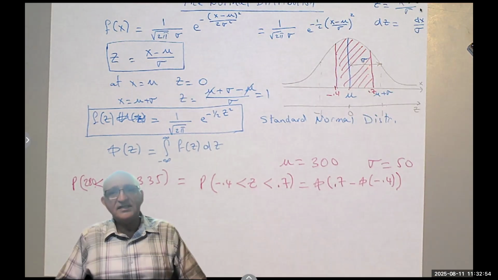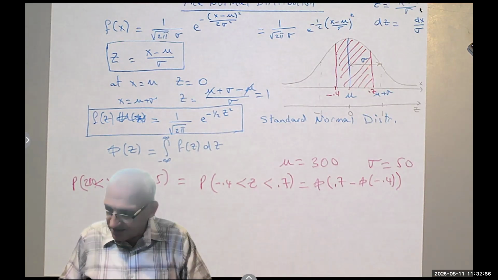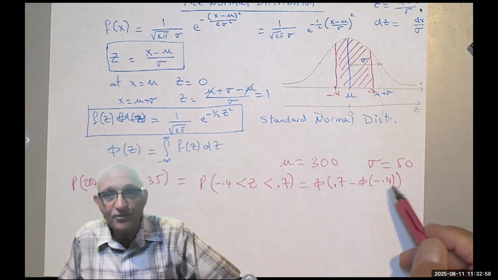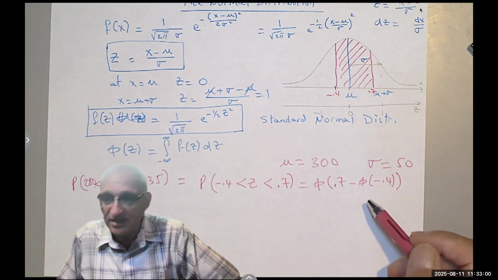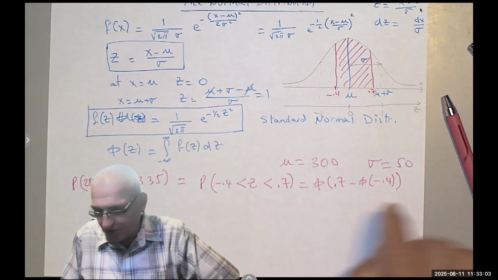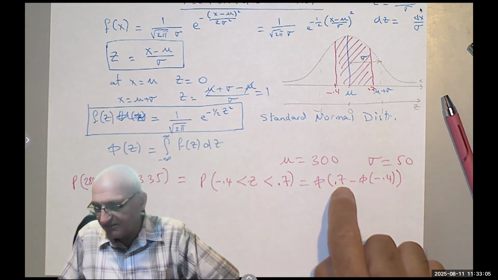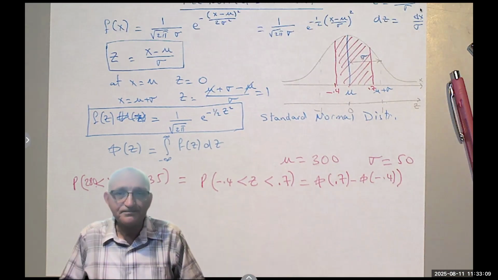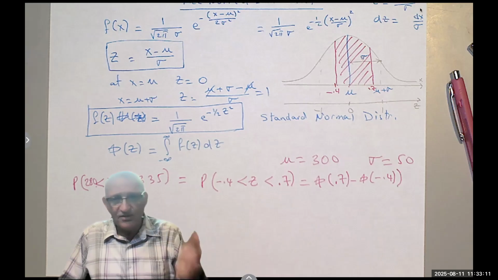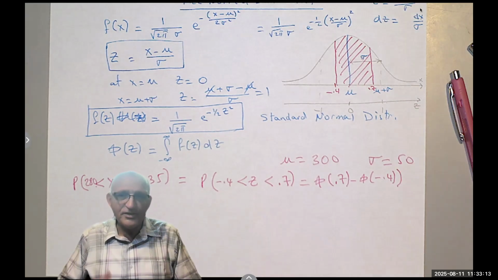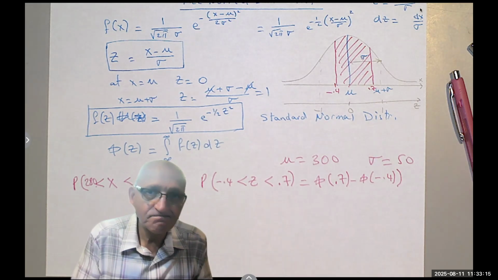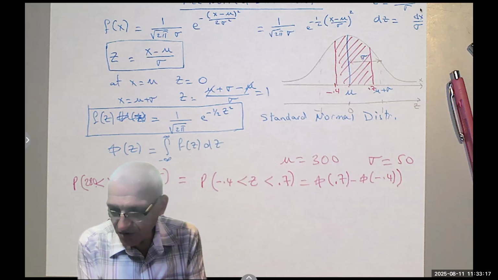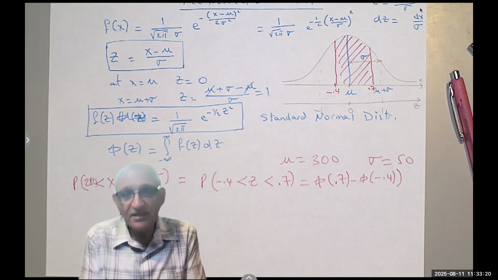So you go and take the table and find the cumulative of negative 0.4, and you subtract from it the cumulative of 0.7, and you subtract from it the cumulative of negative 0.4. Okay? Calculators can do it, computers can do it, and it's so easy. Okay, so now it becomes,